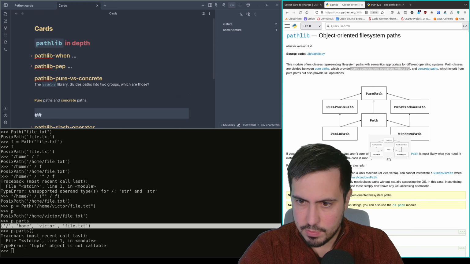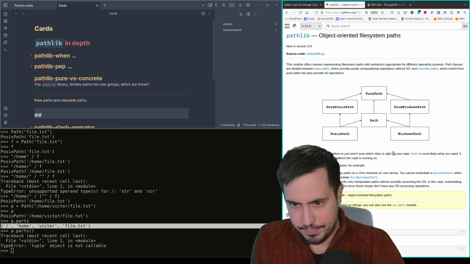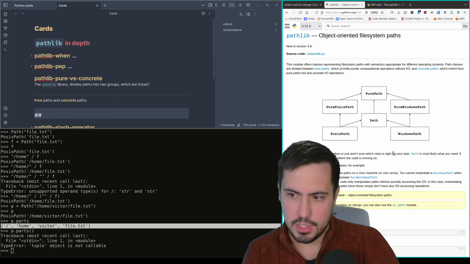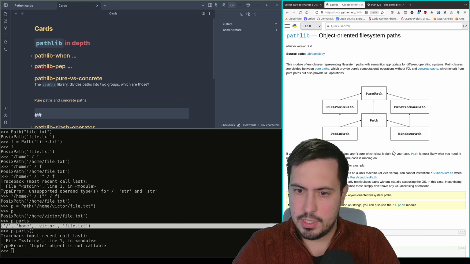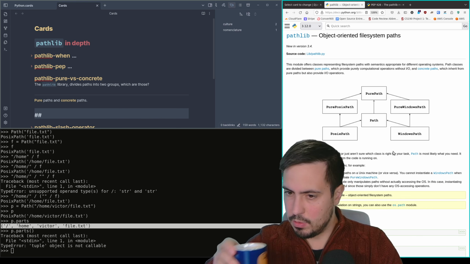If you've never used this module before or just aren't sure, Path is most likely what you need. Yeah. If you want to manipulate Windows paths on a Unix machine or vice versa, you cannot instantiate this when running on Unix. So